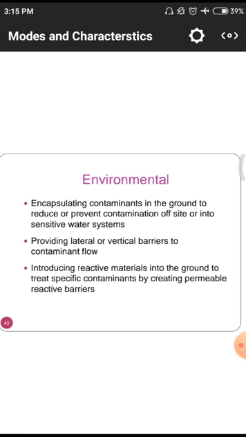And they have to provide vertical barriers to contaminated flow. Next, the last condition is introducing reactive materials into the ground to treat specific contaminants by creating permeable reactive barriers. Okay, these are the different contents which are